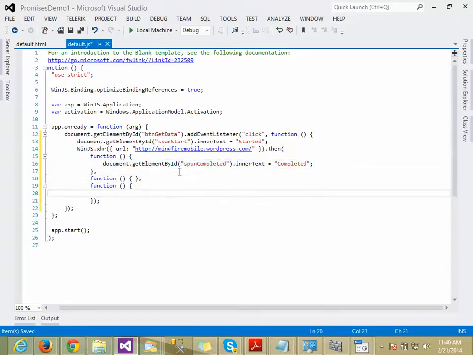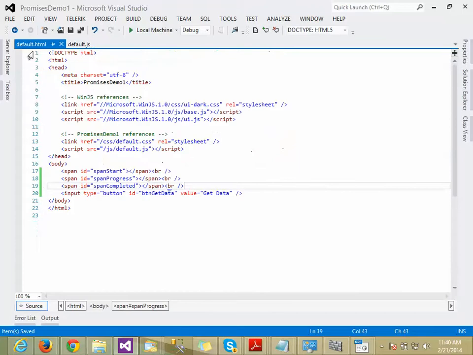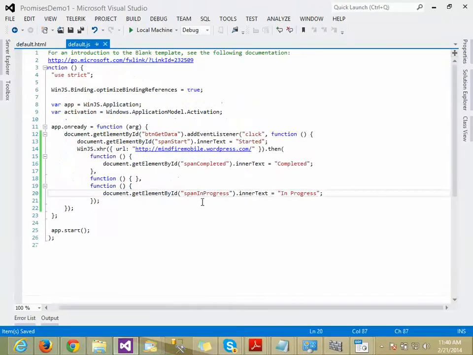Nothing to write in errors for now, I'm sure it's not going to turn error. Just need to verify if it is in progress. No, it's progress. Need to check.